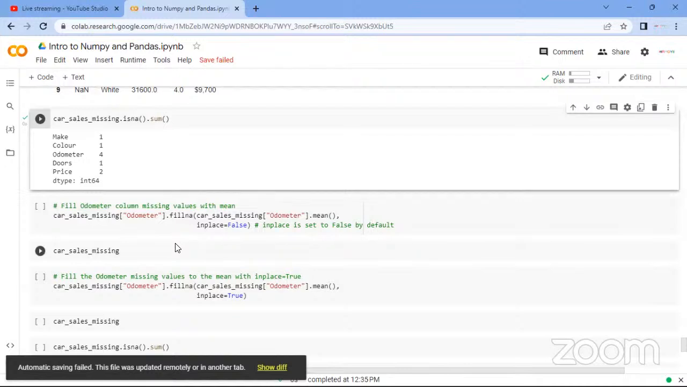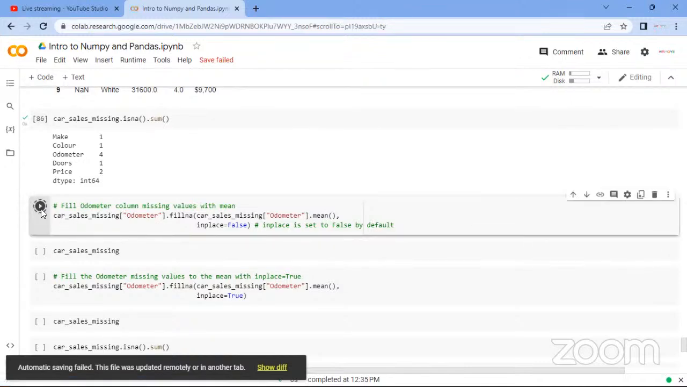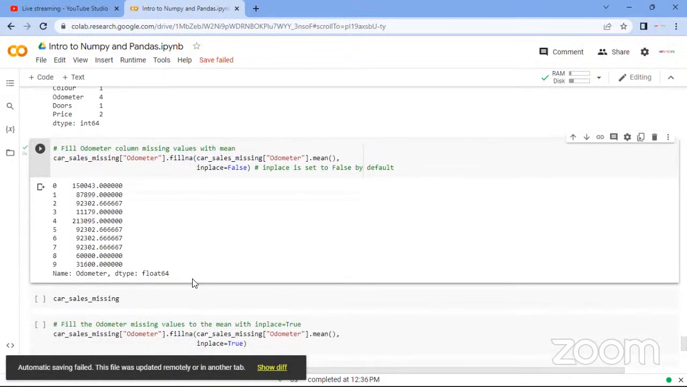I can fill it using the mean value. Since my odometer is a numerical data type, I can fill it with the mean of the total data in my odometer column using this function. I'm calling the odometer column, and I want to fill it using the mean value. Mind you, just follow along so you see the difference in what I want to do. This will bring out a series